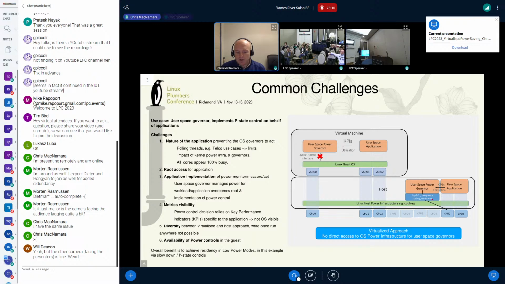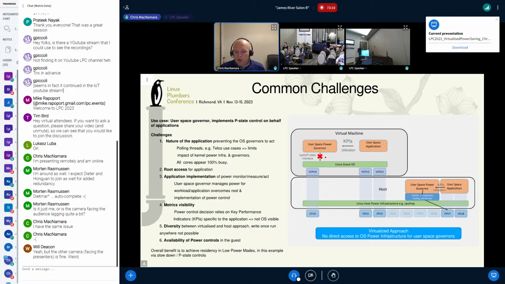From a metrics point of view, like I mentioned, the OS doesn't have a way to suck in user space utilization in a custom way. Well, maybe until I saw the previous presentation by Savannah and David. But one of the key challenges is the diversity between somebody who writes a scheme that works on the host that's not available in the VM. Okay, so availability of power controls in the guest for these environments is a blocker for adoption.